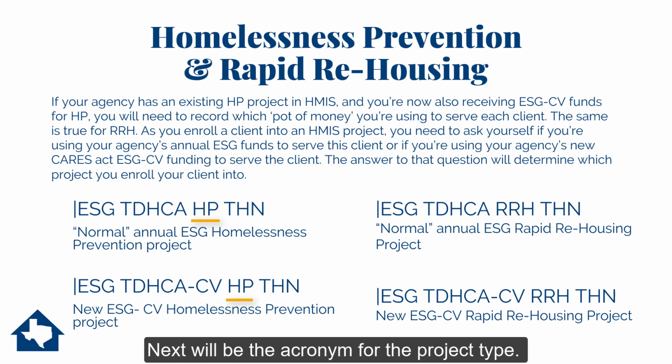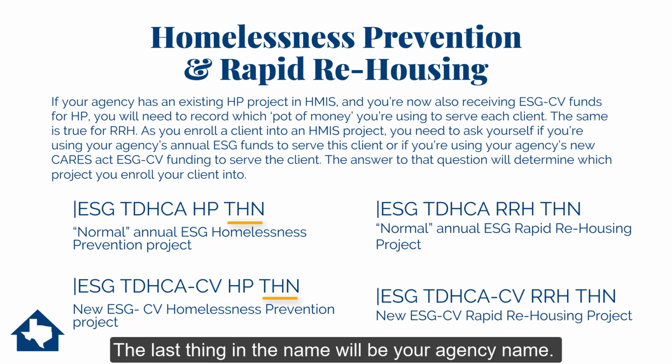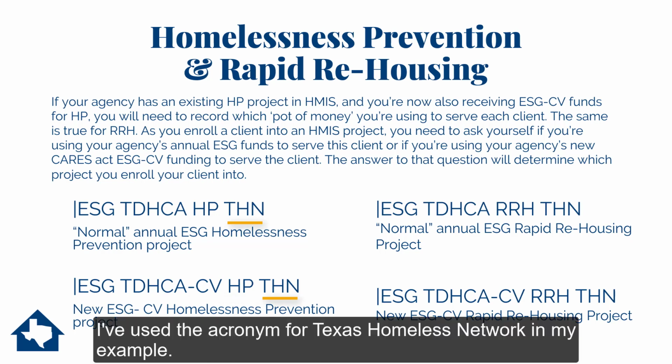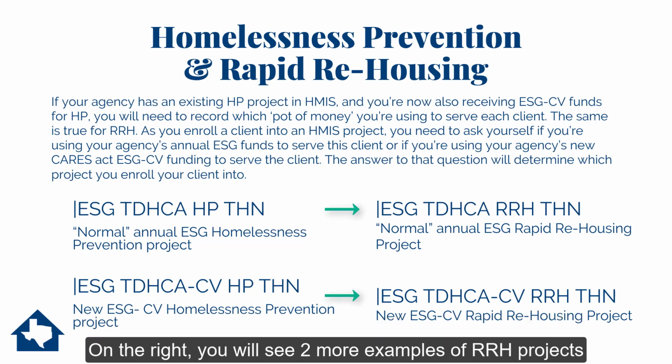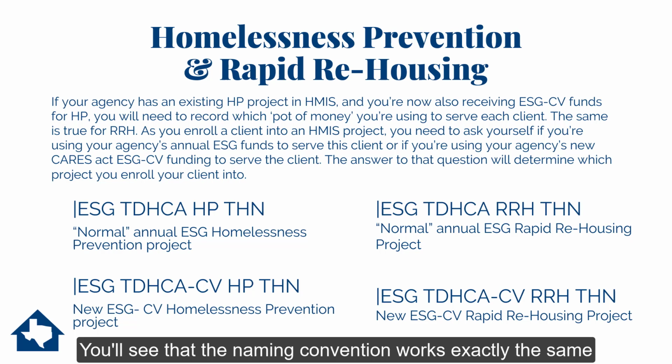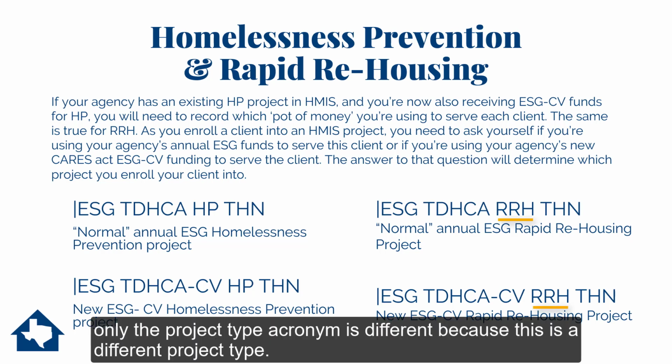Next will be the acronym for the project type, and the last thing in the name will be your agency name. I've used the acronym for Texas Homeless Network in my example. Depending on the length of your agency's name, it might be spelled out or it might be an acronym. On the right-hand side, you will see 2 more examples of rapid rehousing projects. You'll see that the naming convention works exactly the same, only the project type acronym is different